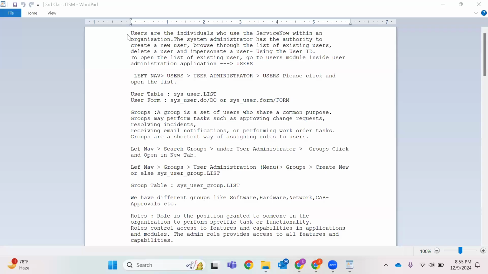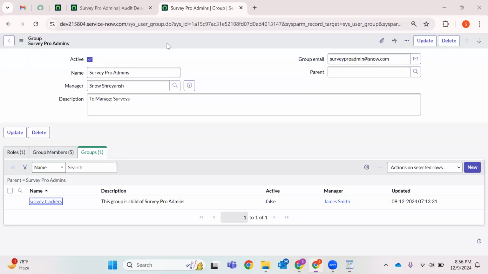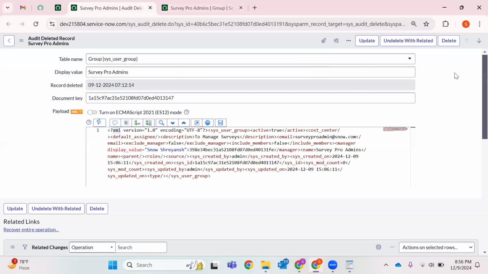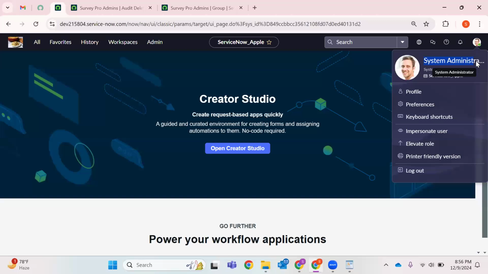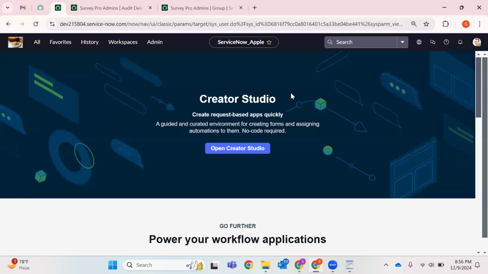So I have given a theory here on who users are. Users are individuals who use ServiceNow within an organization. The system admin has the authority, and only the system admin will be able to do that. In this particular PDI, the system admin is the currently logged in user. If you go to his profile from here,